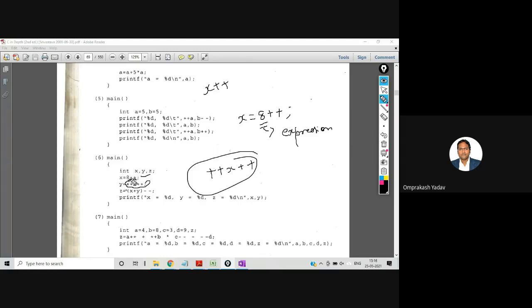On the constant, in the first line, we are applying the increment or decrement operator. Then in the second line, on the same operand, we are doing post and pre, right? And in the third, on the expression, we are using this operator. So in all three lines there is an error. Whenever you are in the exam and you write this error, you must also explain why you are giving that particular error.